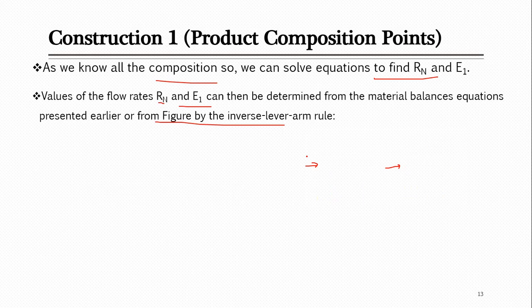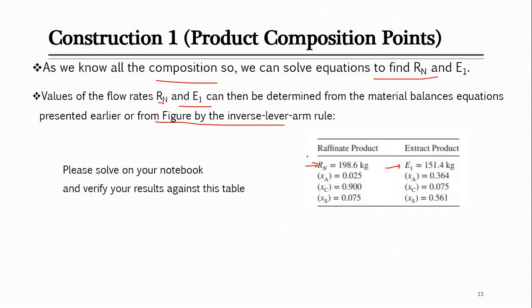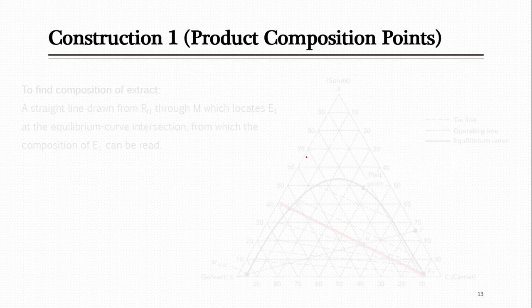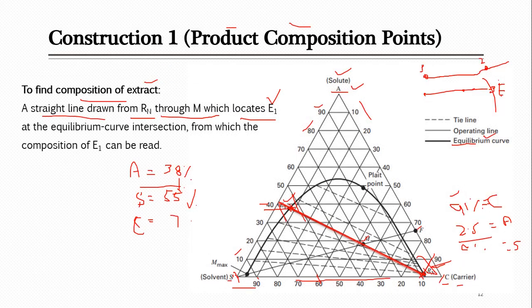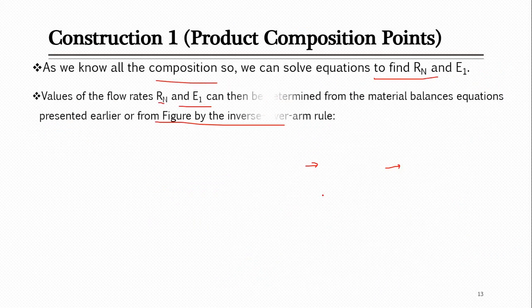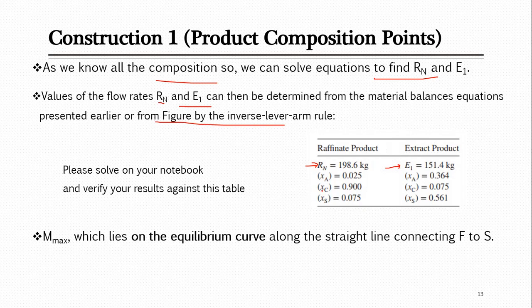So how will you use that method? Actually, in order to use that method, you will use some equations. Those equations can be found as I explained in the last lecture, or you can consult the book, where he has provided them for this specific case. You will need some lengths, and those lengths can be found with the help of a ruler. You can just place a ruler on this diagram and find these lengths, like E1 to M and then M to Rn and the overall length, and these can also be used to find the values of M, E1 and Rn.